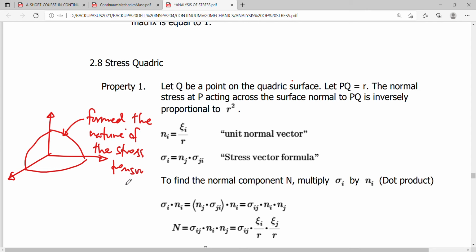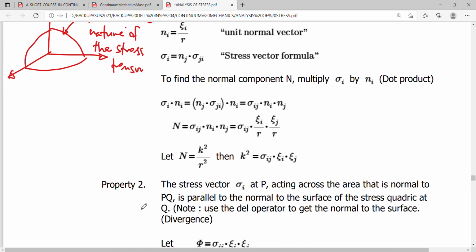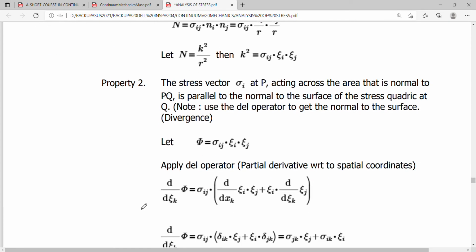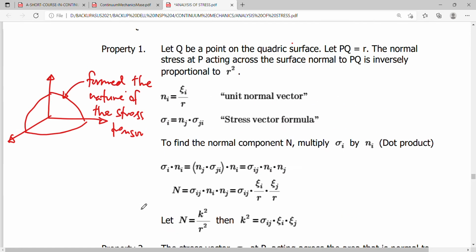So it's simply a representation of how the stresses are distributed on the x, y, and z coordinates, or simply the spatial dimension. And we have two properties which help us deal with the formulation of such equations and solutions to the problems involved here. The first property is all about